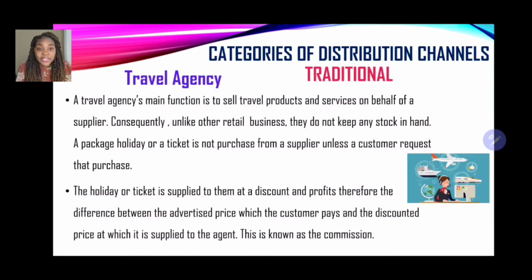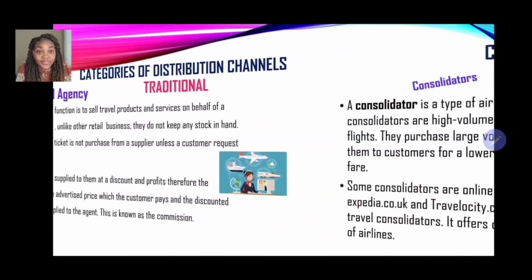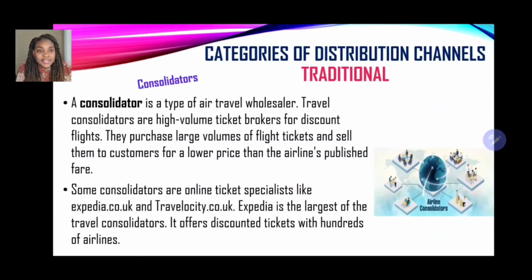As soon as a customer makes a purchase, then they will go ahead and book that package holiday. The holiday or ticket is supplied to them at a discount and profits. Therefore, the difference between the advertised price, which the customer pays, and the discounted price at which it is supplied to the agent is known as the commission. Good. Now, the next distribution channel that falls under the traditional channels are